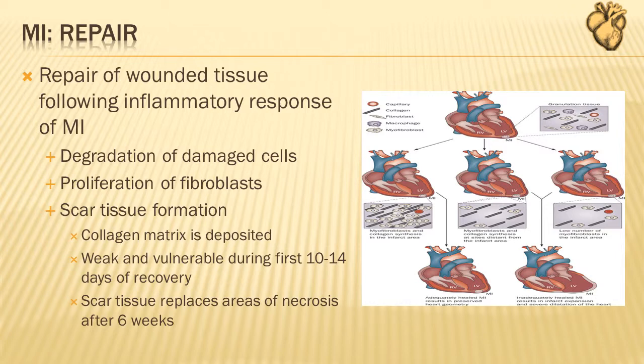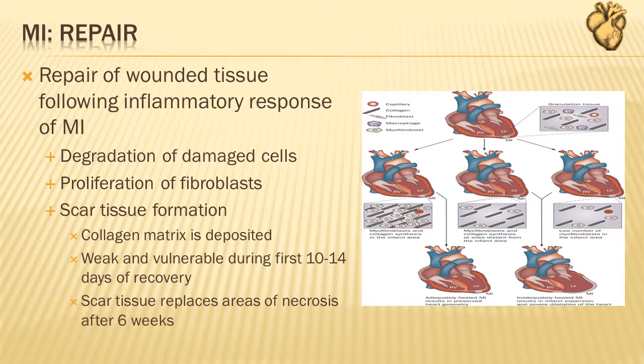Inflammatory response is first, and then there's repair of the wounded tissue. The leukocytes infiltrate the necrotic areas, and scavenger neutrophils are released, releasing proteolytic enzymes that degrade the necrotic tissue. A weak collagen matrix is deposited and is very vulnerable to re-injury during the first 10 to 14 days. That's very important for our farmer because he's very active, and he's going to need to understand that he is going to have to limit his activity until he's had some good